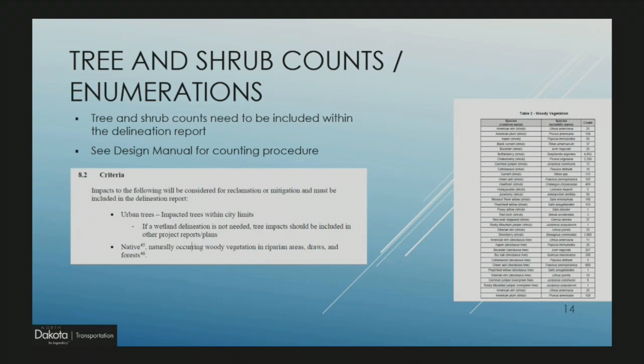Kind of switching gears a little bit, but still about aquatic resource reports. When you're doing the field delineation, we do require tree and shrub counts at the same time. And these need to be addressed in the aquatic resource reports. Even if it's an urban area and there's no wetlands present, we need to at least count the trees